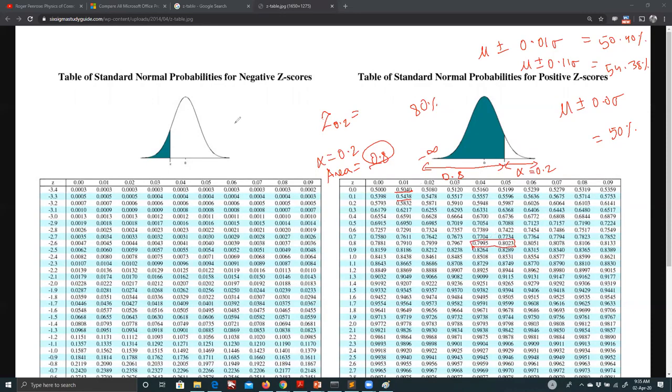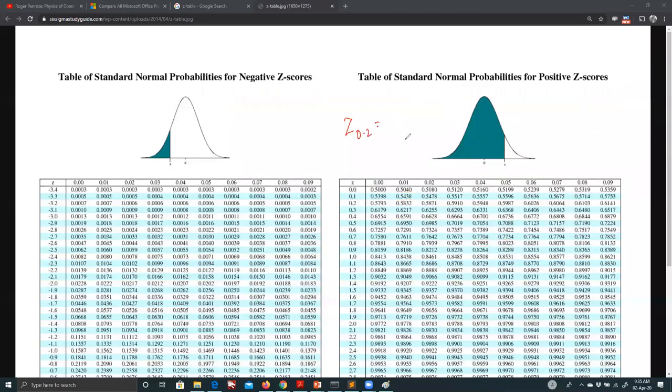There are only two numbers: at 0.84 sigma you are getting 79.95% of the population, and at 0.85 sigma it is 80.23%. We try not to go beyond two decimals, so let's say we go with the lower one. So Z 0.2 is 0.84. This is in this line, and this intersects here. Did you get it? How did I solve this problem?